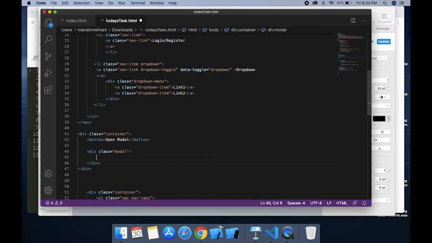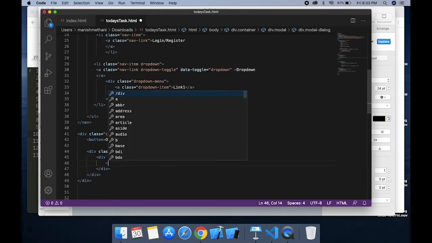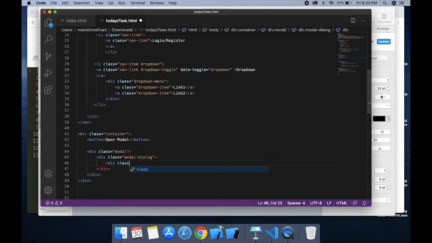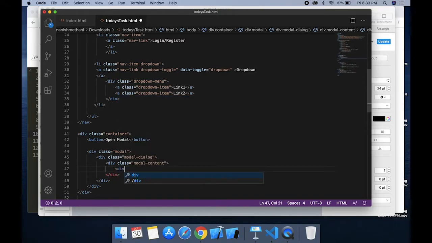Okay, now inside modal we have the modal dialog, and inside the modal dialog we want content, right? So we have to add the modal content class here, and inside this we can add the header. We can also skip it, but it is mostly used, modal header.